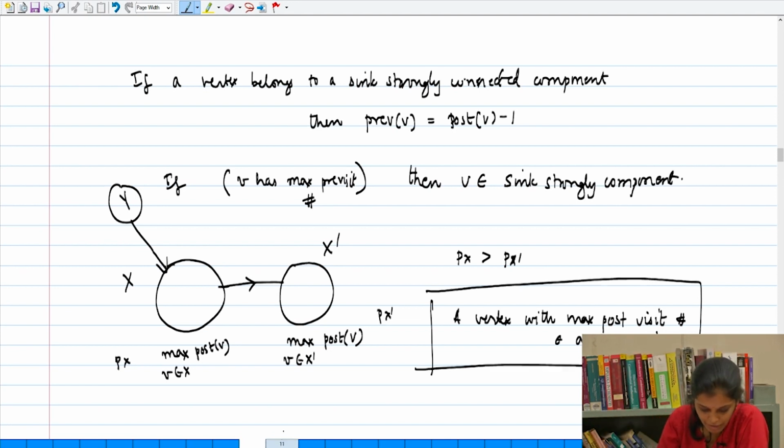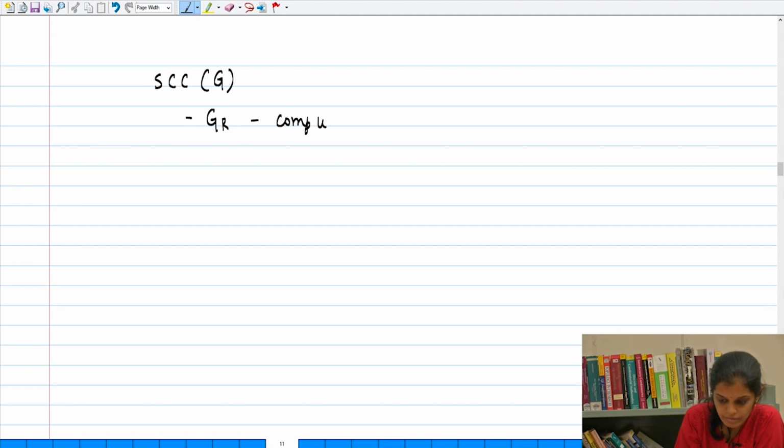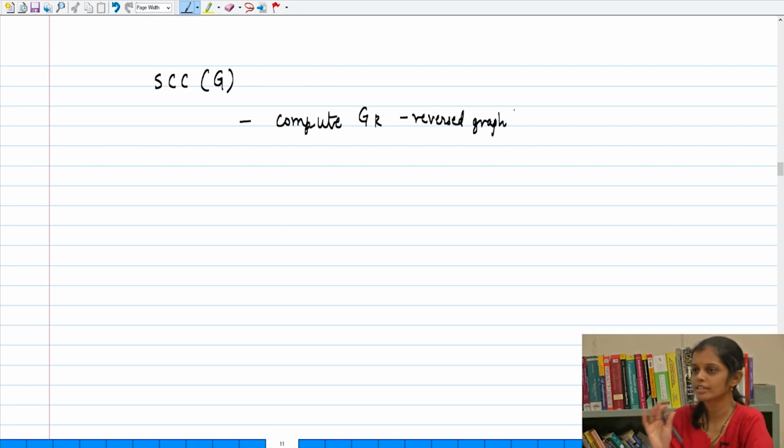So let us write down your algorithm. In fact, this algorithm is attributed to Tarjan, and he has given this very elegant algorithm. So what we do is, this is called strongly connected components of G. So we find GR. So GR is the reversed graph. So everybody understands what is the reverse graph, right? If AB is an edge in the original graph, in GR BA is an edge, and so on for every edge. So you compute the reverse graph,